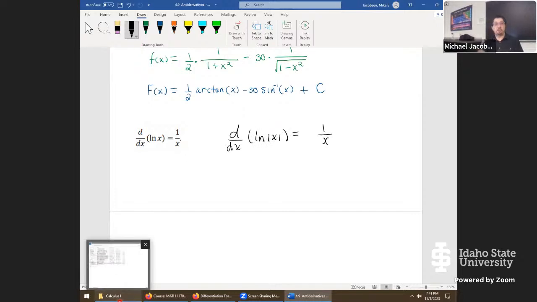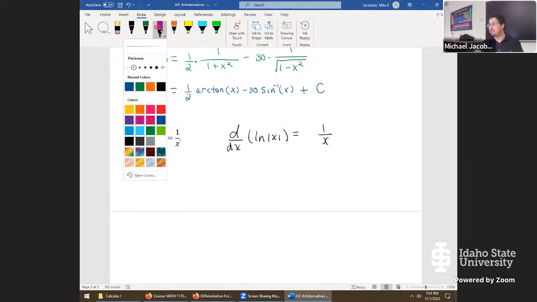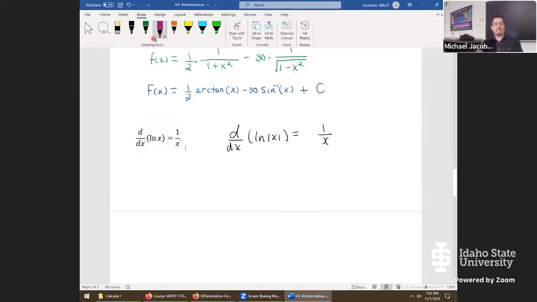This was an example somewhere in the book. The author proves it by breaking down the absolute value function into two different cases, when x is positive and when x is negative. He differentiates both of those cases, and you just get a 1 over x. And so this becomes a nasty formula. Not as big of a deal in 4.9, we're just getting started, but in chapter 5 and 6, and really the rest of this entire book, chapters 5 and onward, let's say it that way,